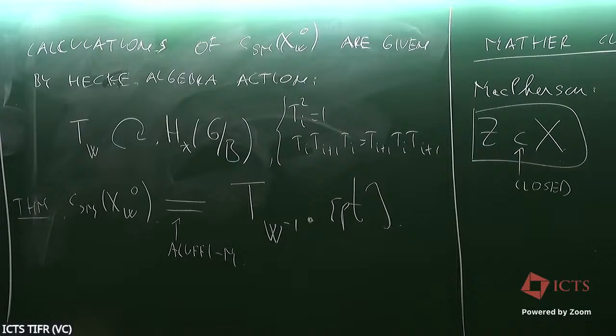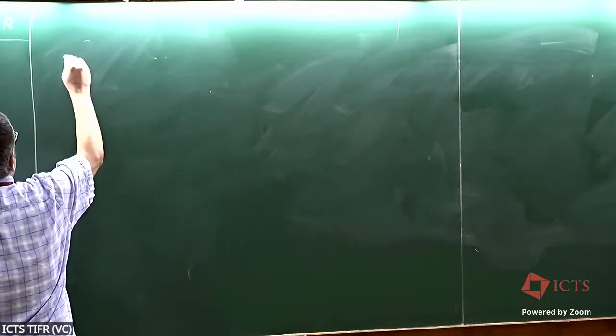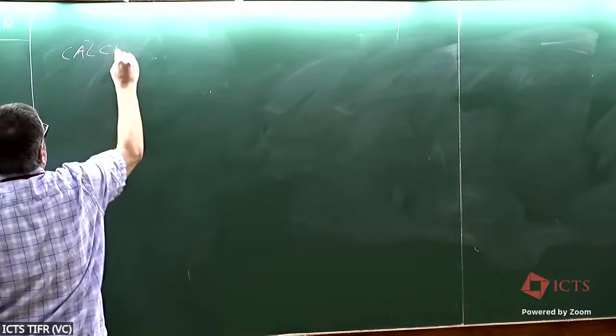Right. So I want to tell you how you calculate mother classes and where Rahul comes in. We wouldn't have been able to do that without Rahul's observation that you can actually desingularize normal spaces of certain Schubert varieties. So these are the two facts that are needed. And these facts are not super hard to prove. So, calculate mother classes.